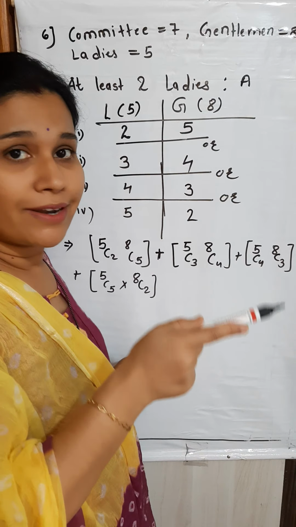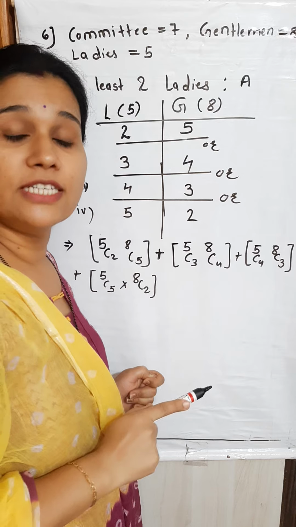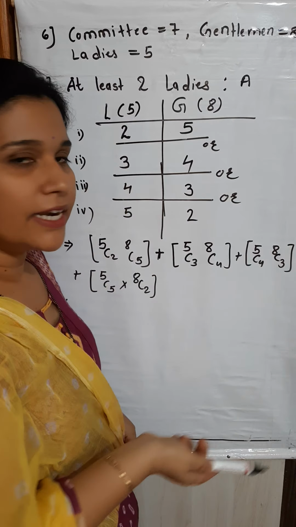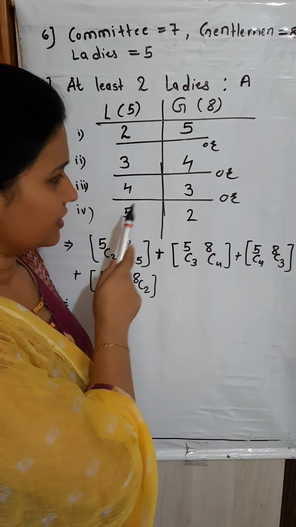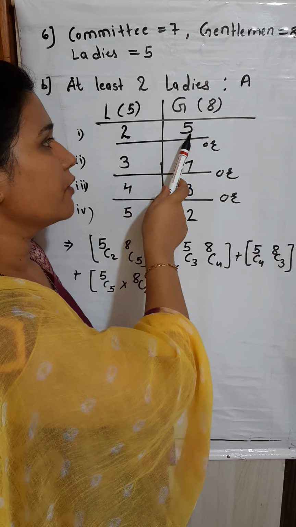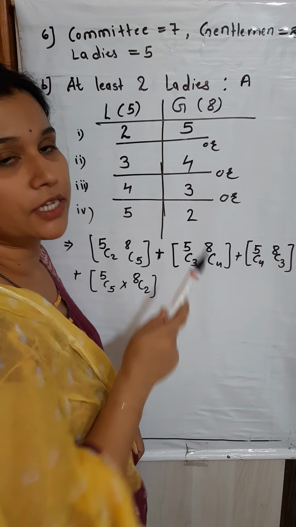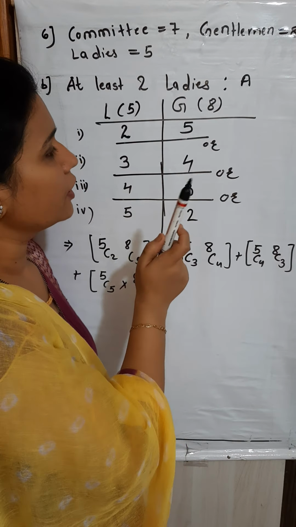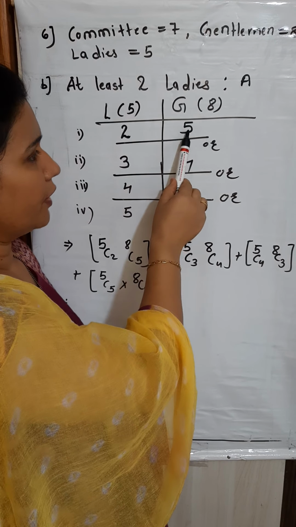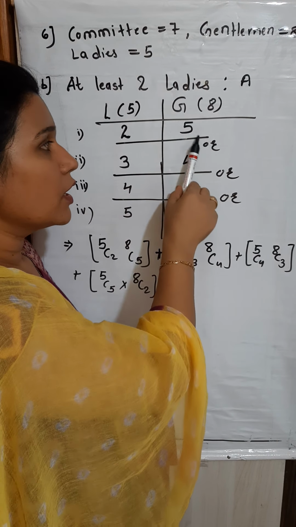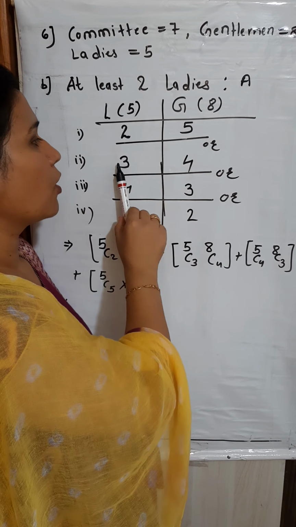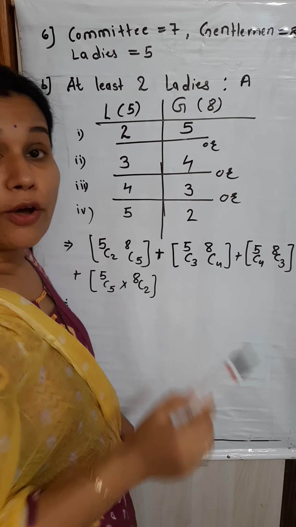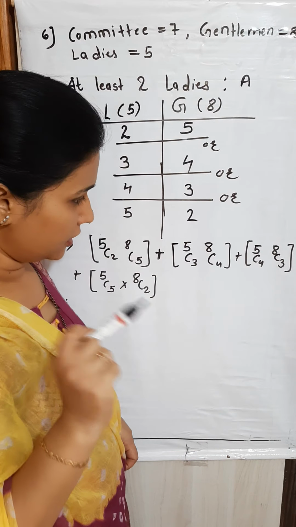So likewise you have to add the gentlemen. If you are taking 2 ladies, then gentlemen will be 5. Similarly, if you are taking 3 ladies, then gentlemen will be 4. If you are taking 4 ladies, then gentlemen will be 3. And if you are taking 5 ladies, then gentlemen will be 2. So see, this 2 and 5, you have to take these 2 ladies and 5 gentlemen. These both are compulsory. But this and this are in 'or', meaning after selecting 2 and 5, 3 and 4 are optional. Means you can do it like this, or by 3 and 4, or 4 and 3, or 5 and 2. 'Or' means plus sign, and 'and' means multiplication sign, right?